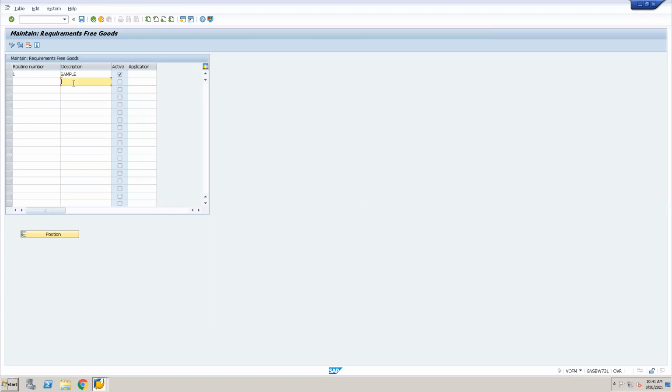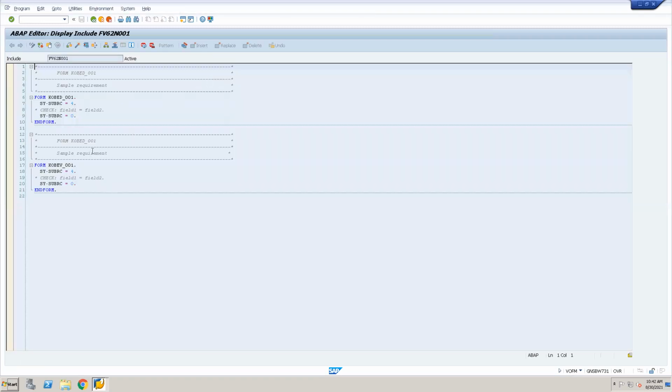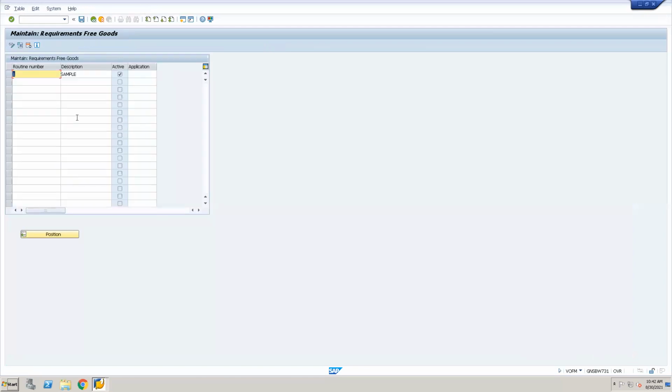When you fetch for it, it will show you. For example, here some logic is there, a sample requirement. Suppose check field 1 equal to minus field 2. What is this field 1 minus field 2? That we need to check, but anyway they have simply given some requirement.